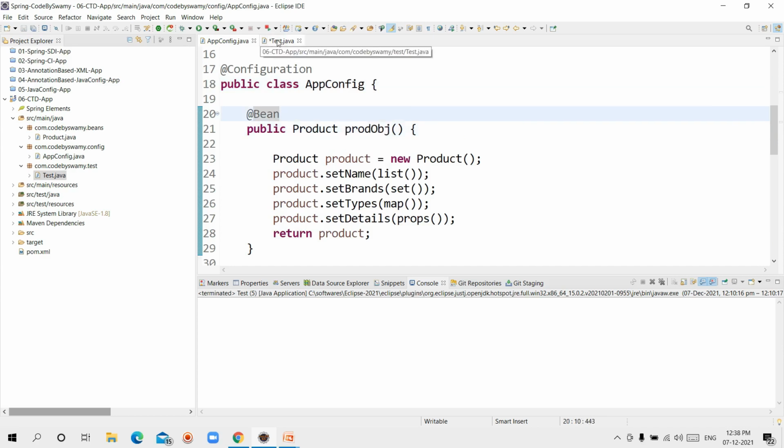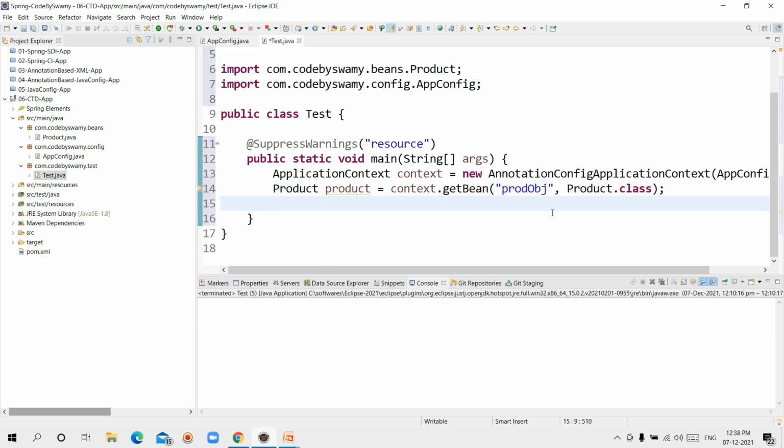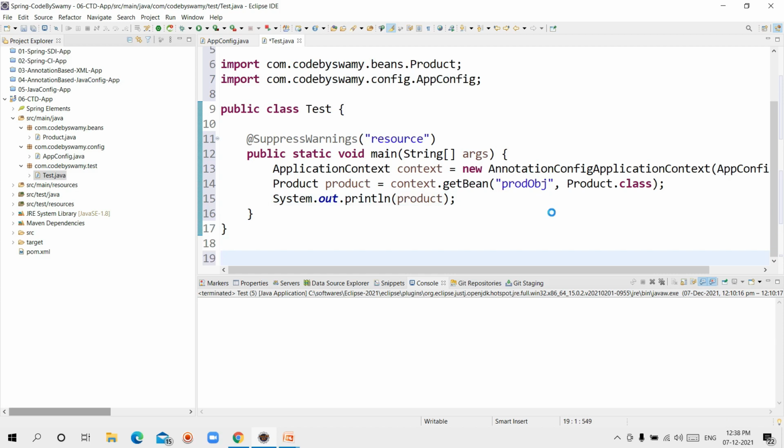Copy this and go to the test class and paste it here. Okay, it returns the product object, and let's print the product object, sysout product. Yes, I have done with the test class. Let's run the application.